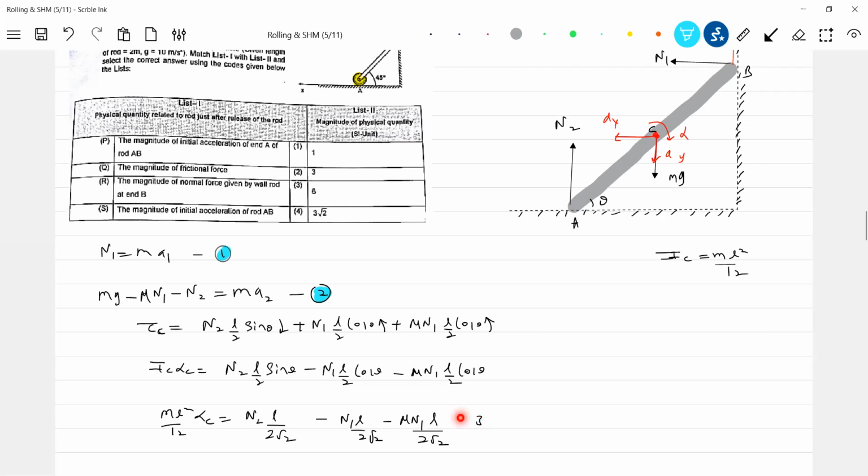One L will get eliminated. One more step I can simplify. ML alpha C, root 2 also. This will be 6, 3 into 2 or 3 root 2 this side. N2 minus 2 N2 mu. Okay, this will be minus of